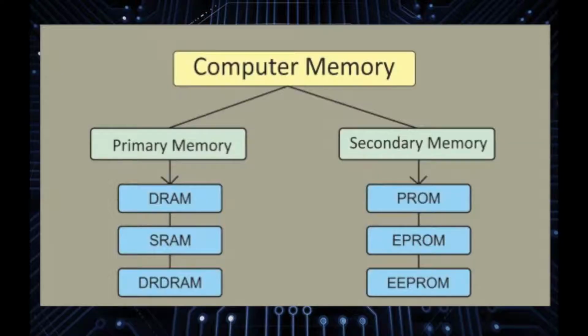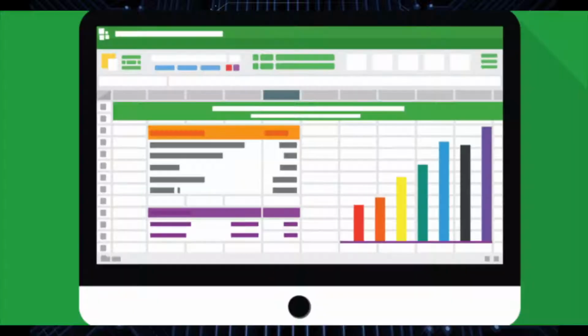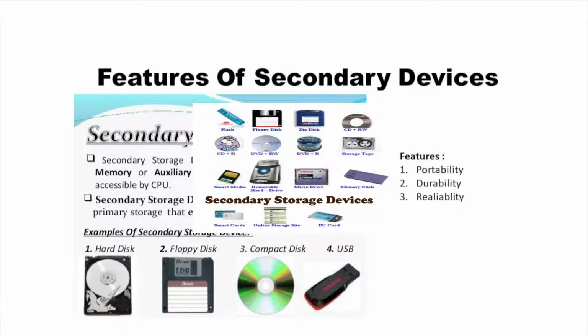So far, we have been discussing primary memory. There is another type of memory called secondary memory. We will examine it now. Let us see why we need a secondary storage device. Any guesses? Suppose we want to store files over a long period of time. We store photos, videos, audios, documents and spreadsheets on our computers. We also expect our programs to be there when we switch the computer on or off. This long term storage is called secondary storage.